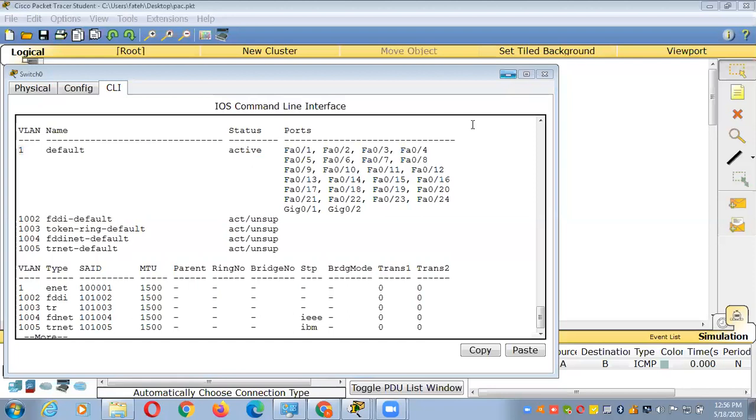So let's say we have 2 VLANs, sir. Okay, but please, I have only single VLAN. Please wait for some time. Okay, sir, I will discuss this. No problem. I will discuss it. No problem.